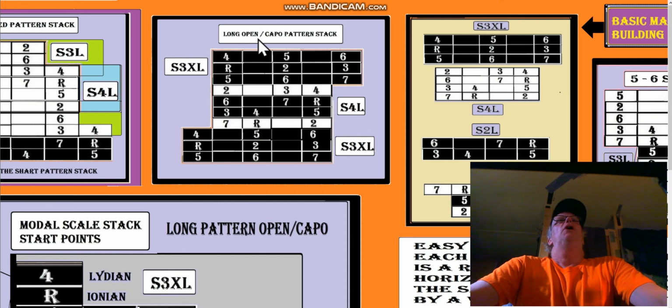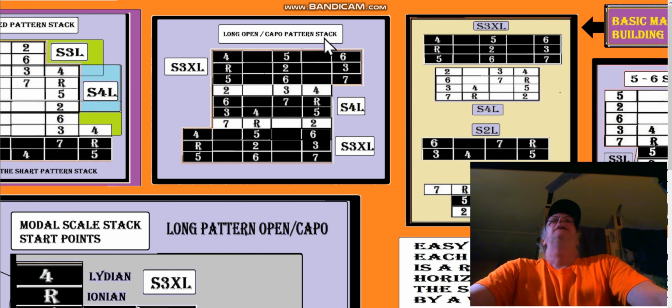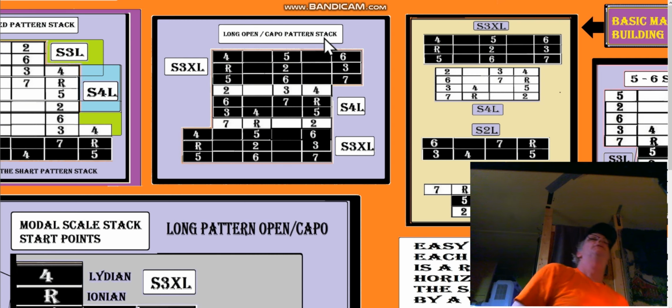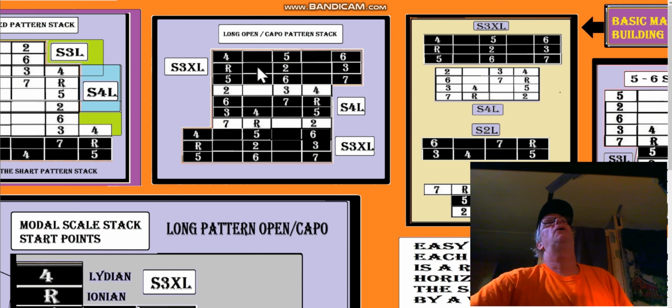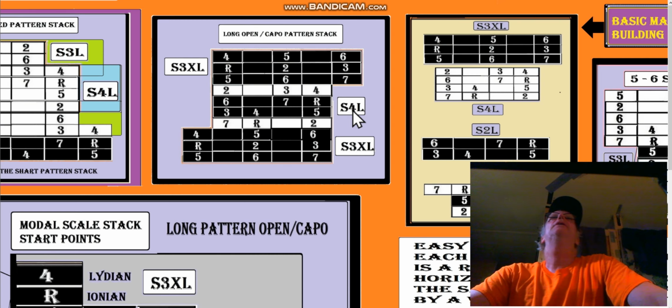This is the long open capo pattern stack. Why long? Long because 1, 2, 3, 4, 5 frets is long, as compared to 1, 2, 3, 4 frets, but this is long too. These are extra long, and this is long actually. And when you look at just the 2, 3,